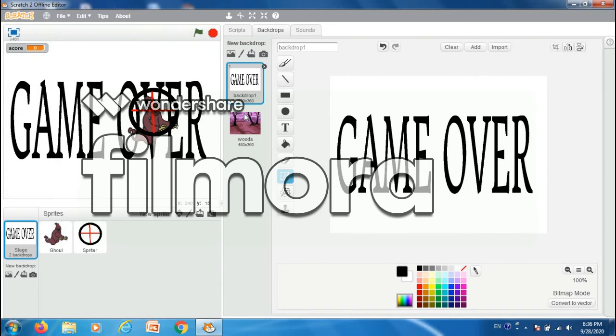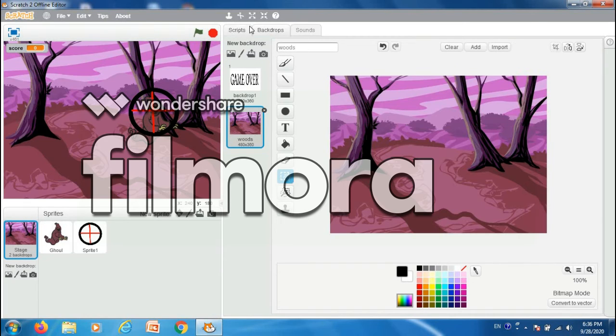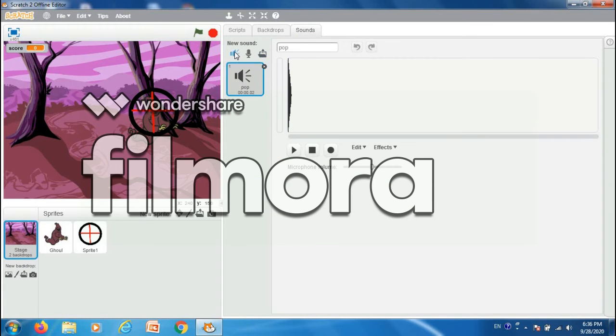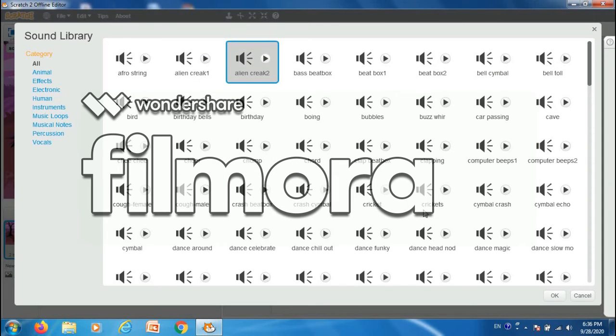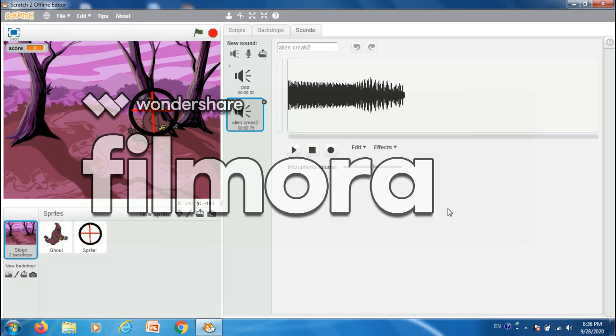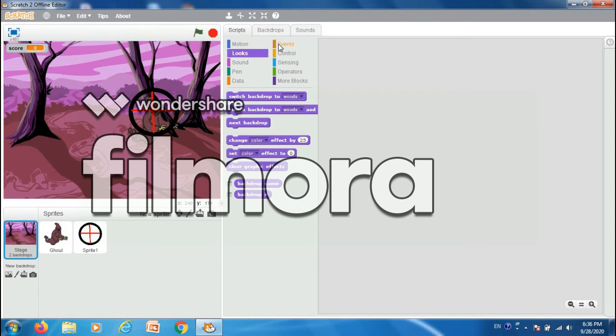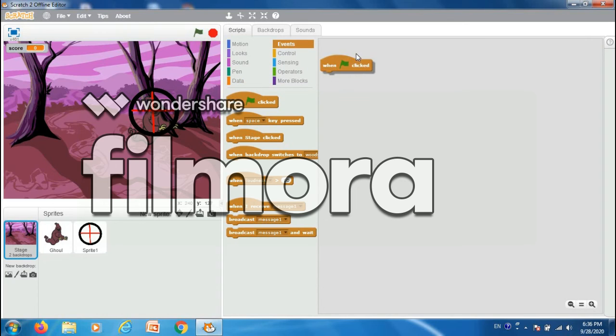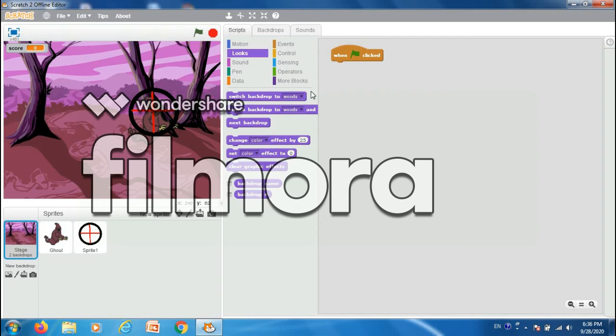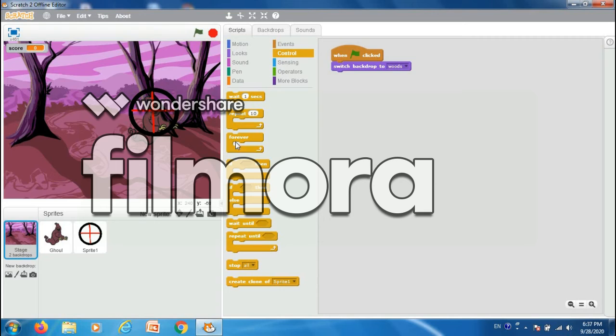Now come to the backdrop, and now go to the sounds. We have to select the sound Alien Crack 2. Now go to the scripts, go to the events. When this green flag is clicked, then go to the looks, switch backdrop to woods. Then go to the controls, select here forever, wait.